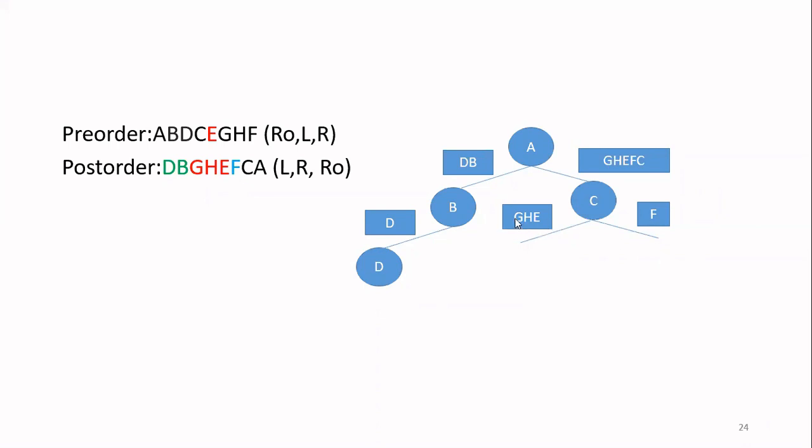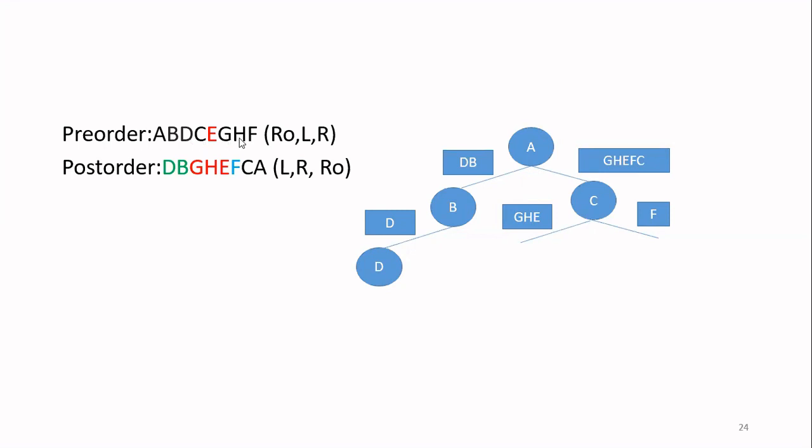But in this, again, we have three nodes. So this is again forming a subtree. Whenever you have more than one node, that will be a subtree. So here we have three nodes, so again, you have to construct the subtree with the proper root node. So out of G, H, and E, you have to identify which will be the root node for this particular subtree. So go to the pre-order, then check which comes first.